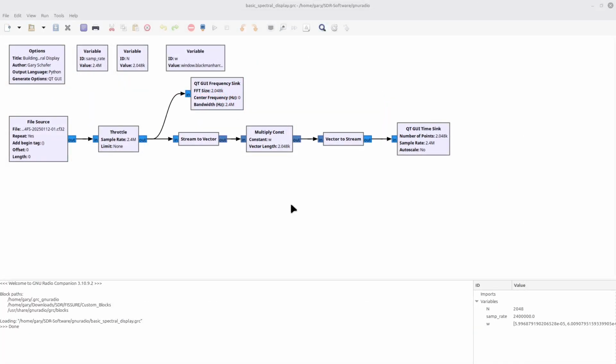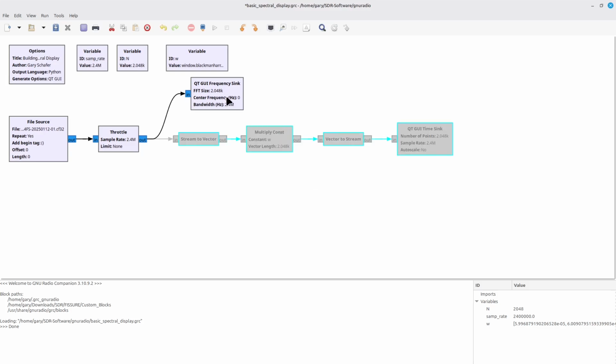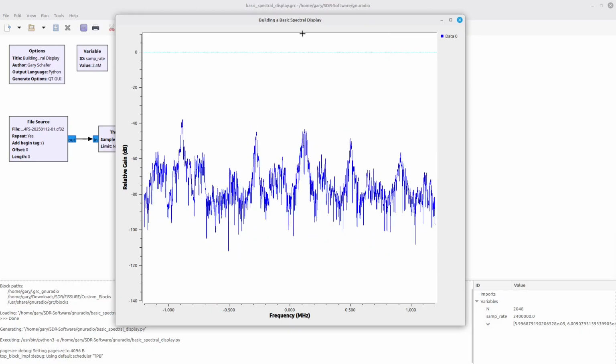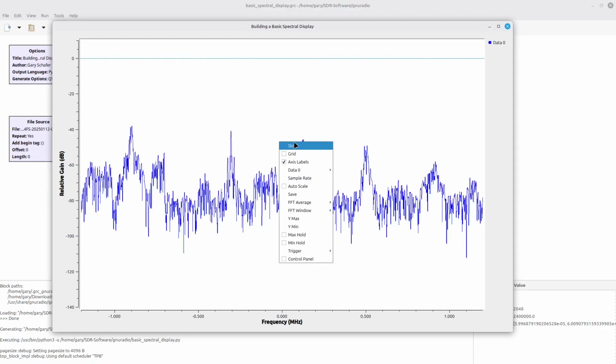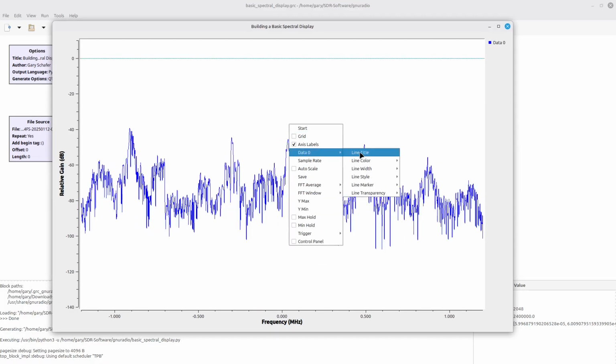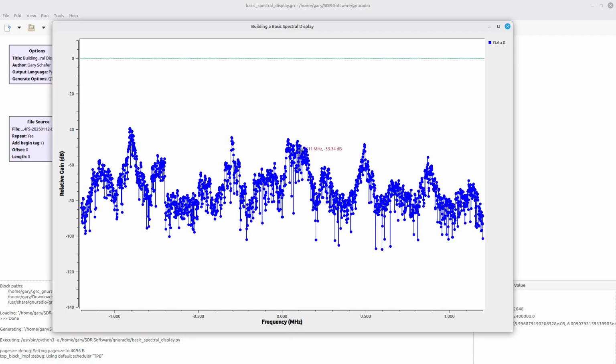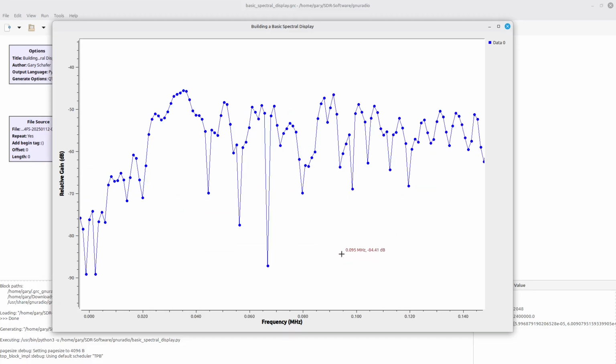Before we add the FFT block into the flow graph, which is going to be the next step, I want to make certain that everyone understands precisely what the FFT is doing. In order to do that, I'm going to take these various blocks running into the time sink and disable them, just so we're looking at the frequency sink. Looking at this particular display here, I'm going to freeze this and add some markers. It's going to make it look a bit ugly, but I'm just going to zoom in on the center here.